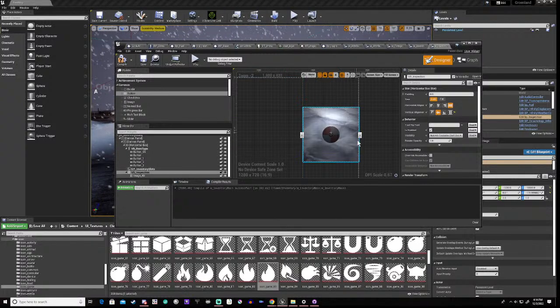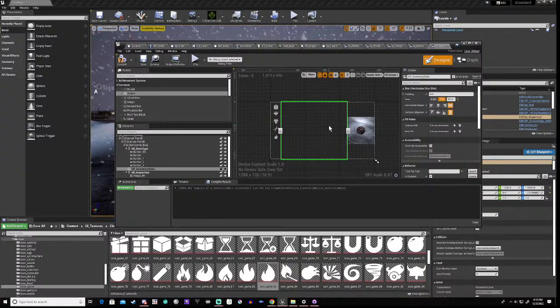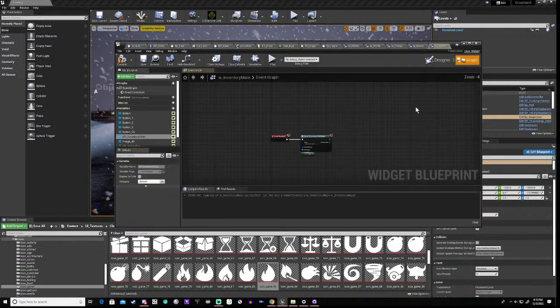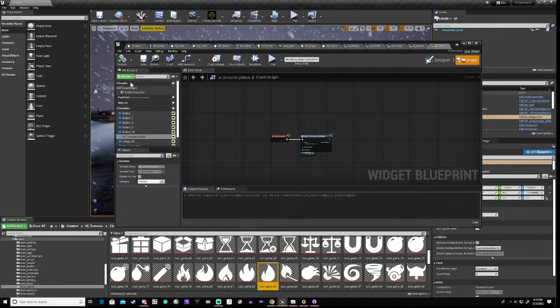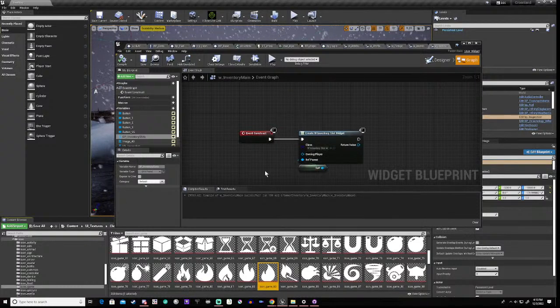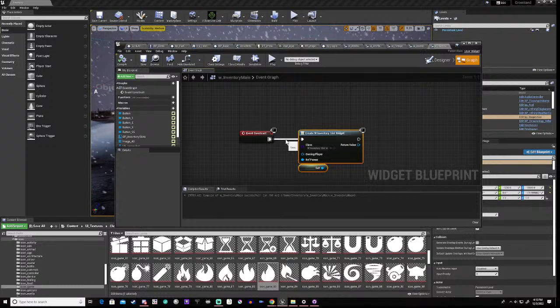I don't know if we're going to use this background, but okay. So the next thing while we're prototyping here is we're going to save all. Okay. And we're not going to do this. Well, we are, but